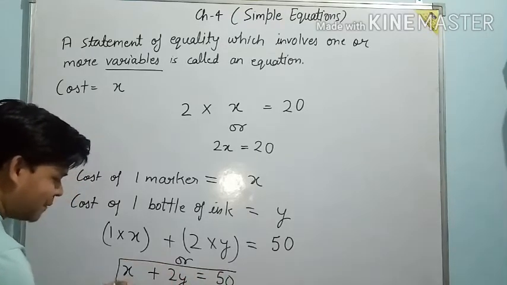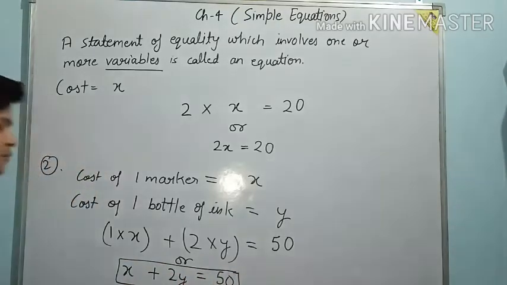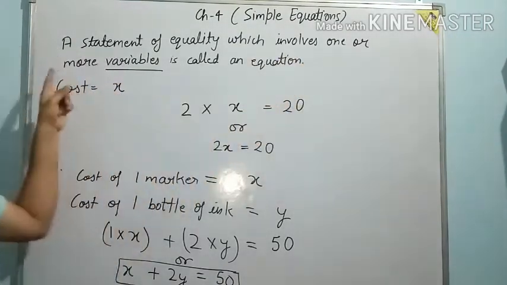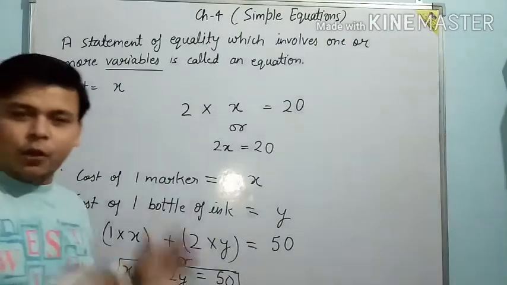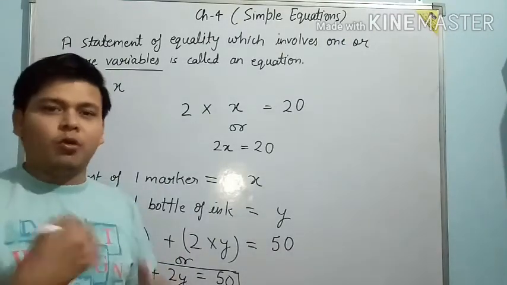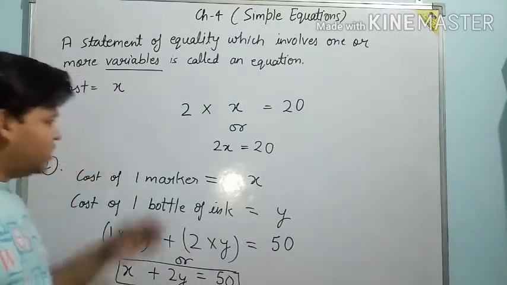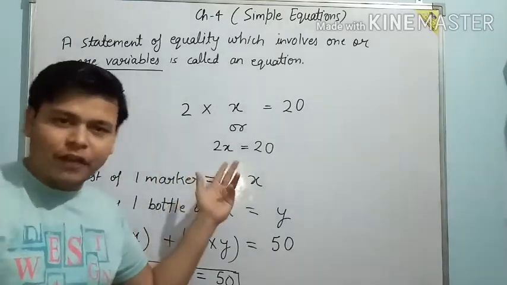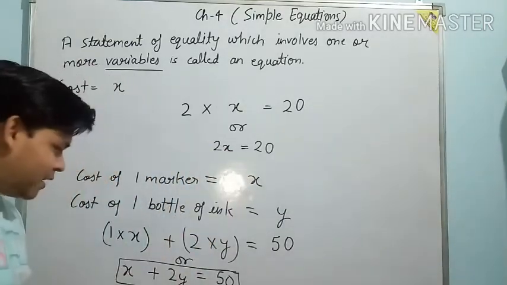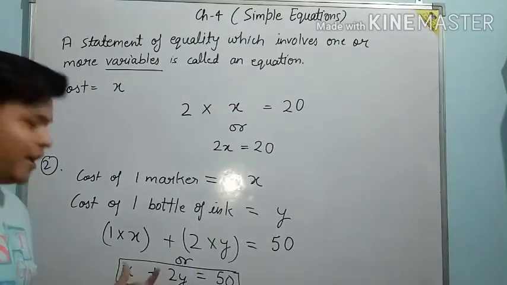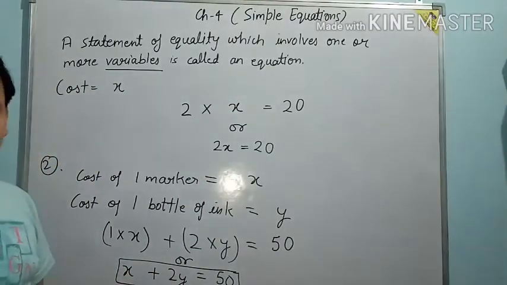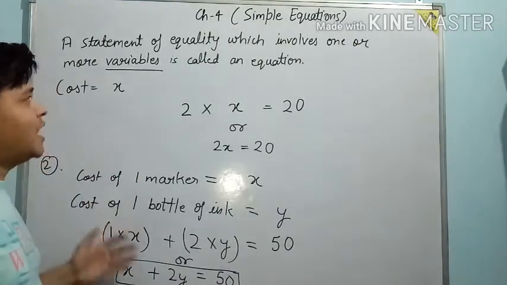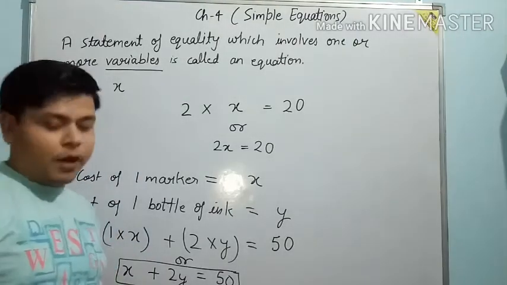So now this has become an equation which has more than one variable, as it was written here, one or more variables. That means an equation can have one variable or more than one variable, right? The first example had only one variable, which is x. यानी इसके पास केवल एक ही variable था, x. But in example number 2, I have used 2 variables, x and y. I hope you all would have understood what an equation is. Now let's start exercise 4.1.